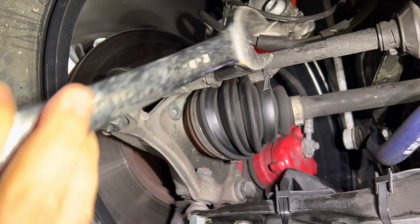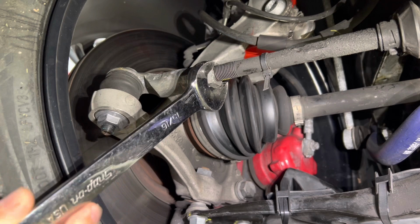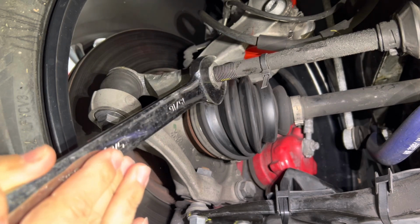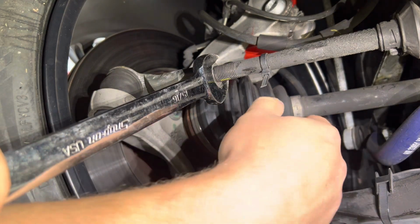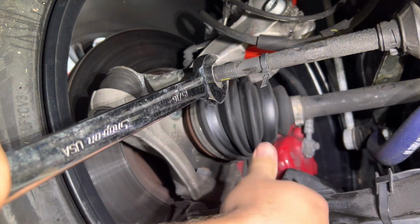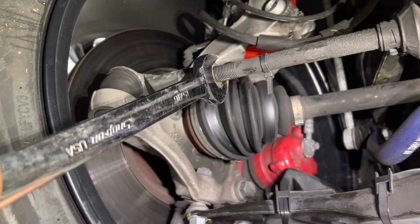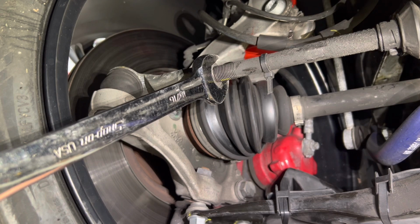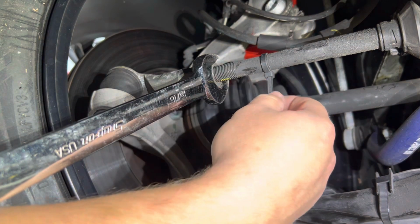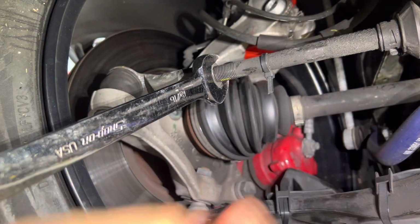First step, always rock the entire tie rod all the way forward in the tightening direction, because that's where you're going to want the reference point at the end of this. So I'm going to point this one straight at the ground. I'm doing 1.5 turns of the tie rod, which should get us pretty close to where I need it to be. So with the tie rod rocked forward and the zip tie pointing downwards, at this point, you can crack the